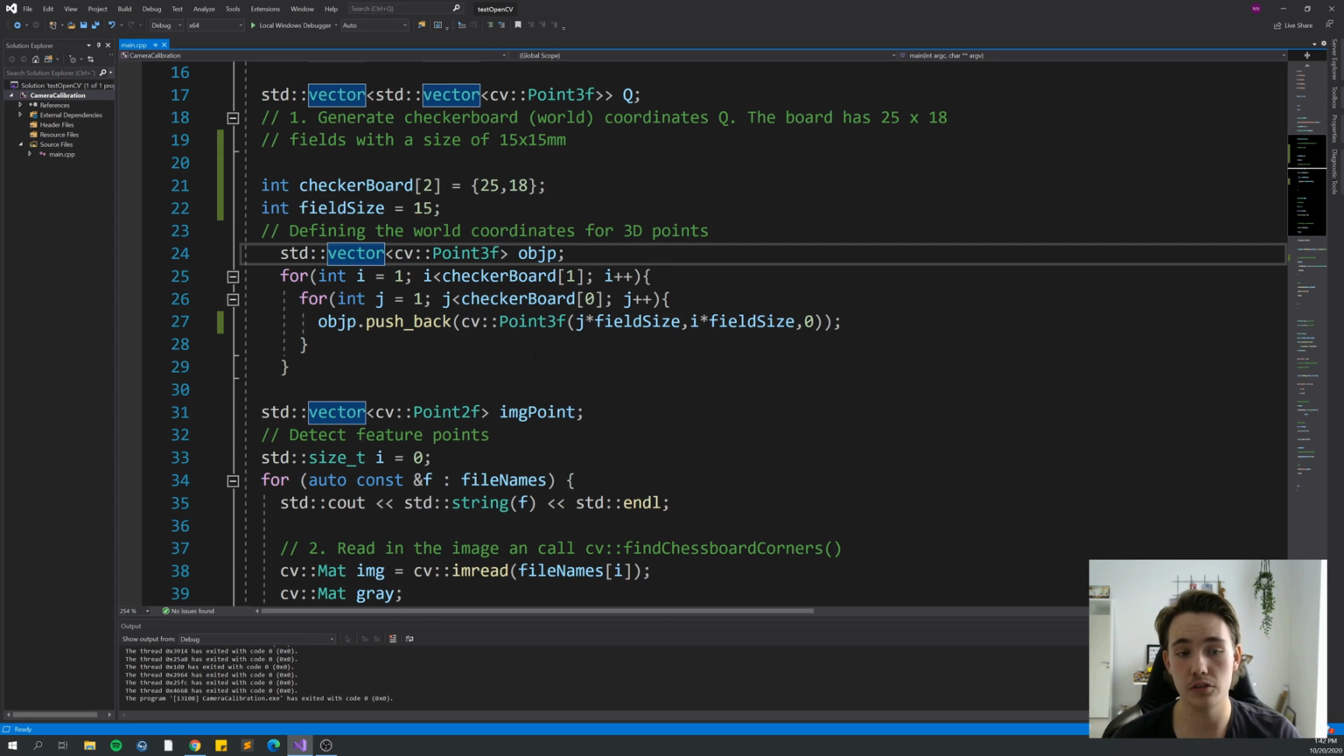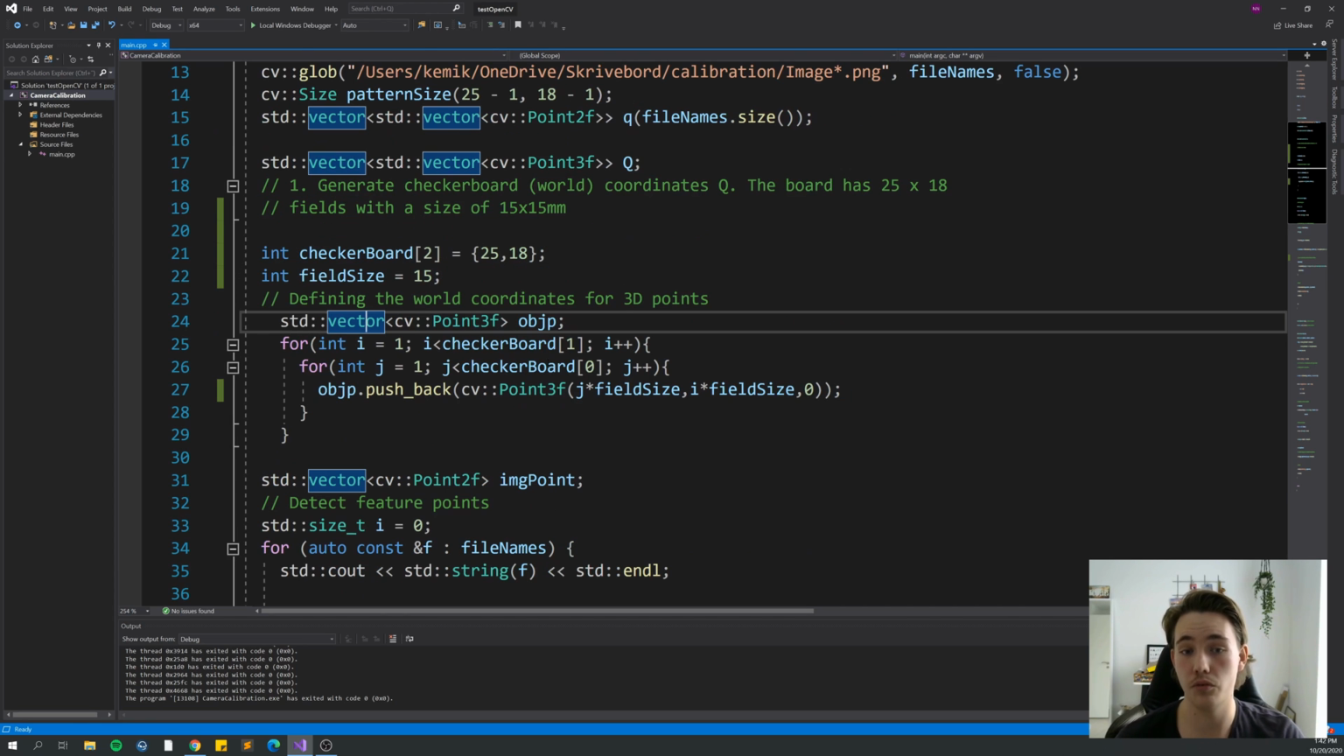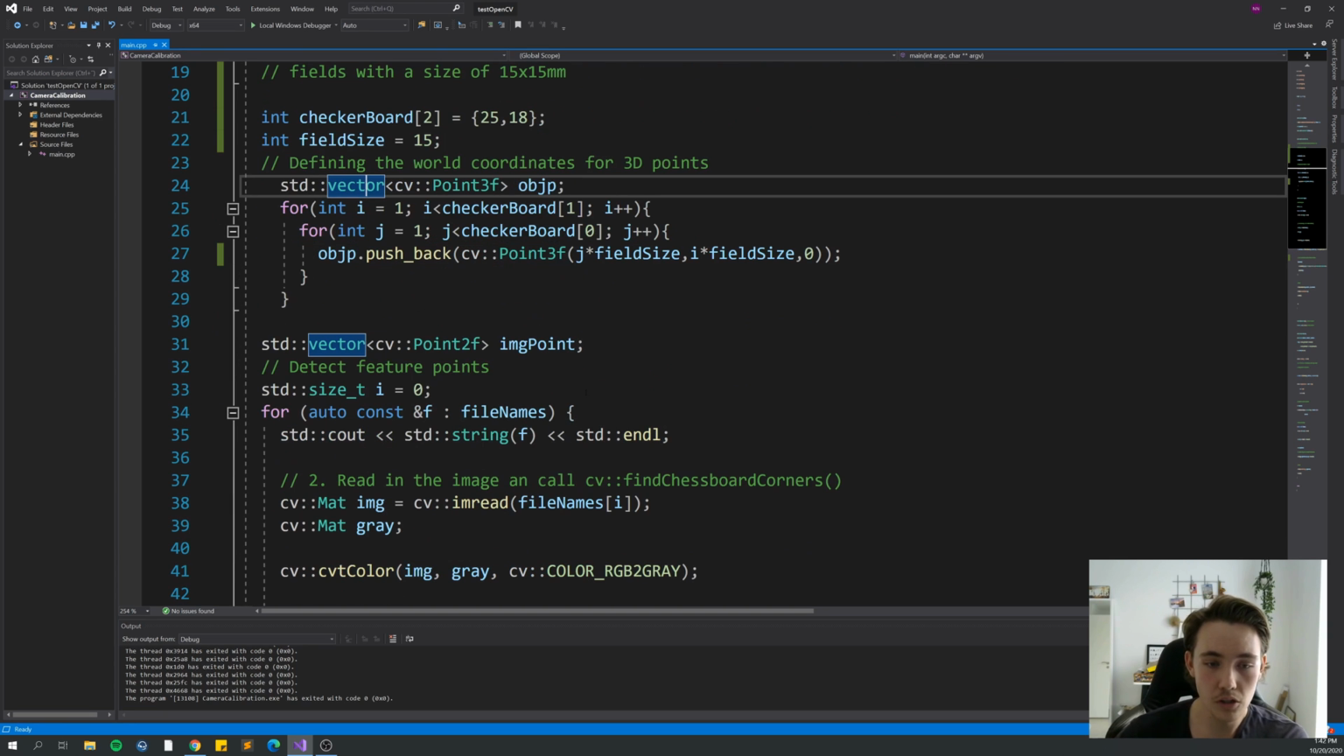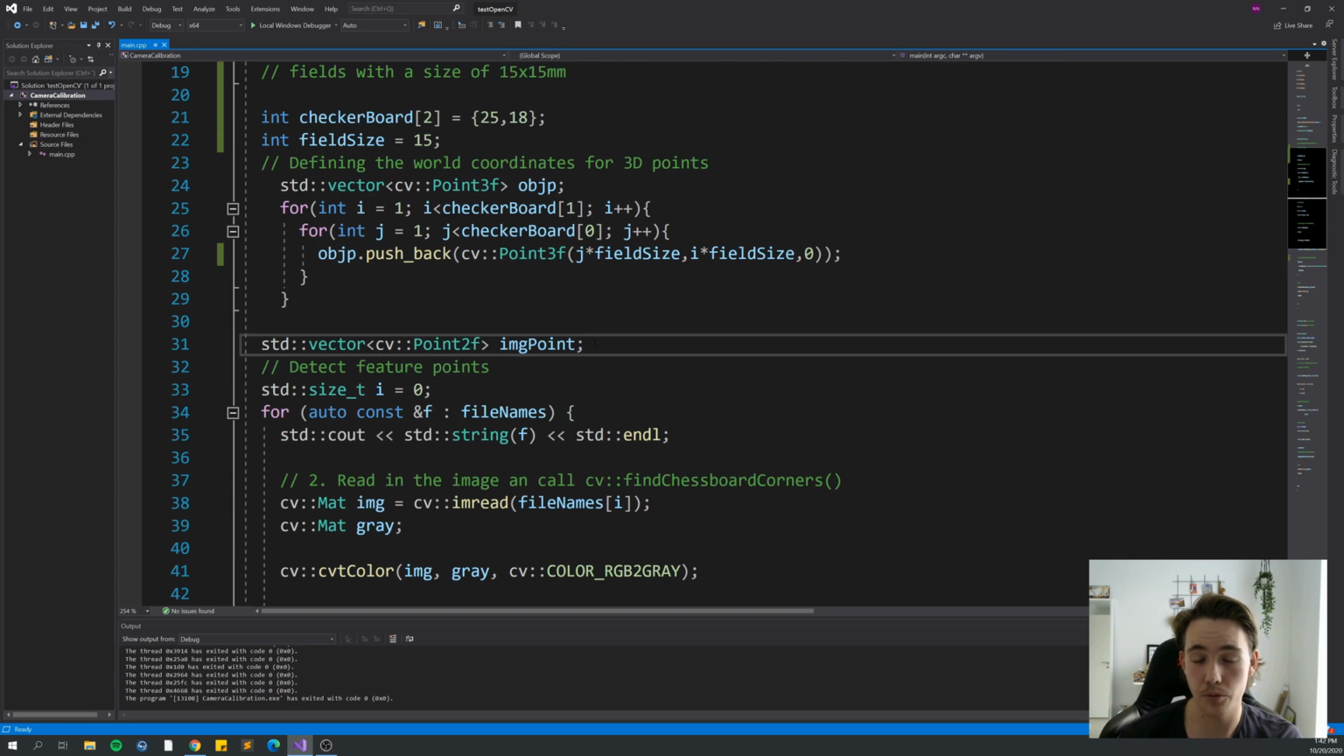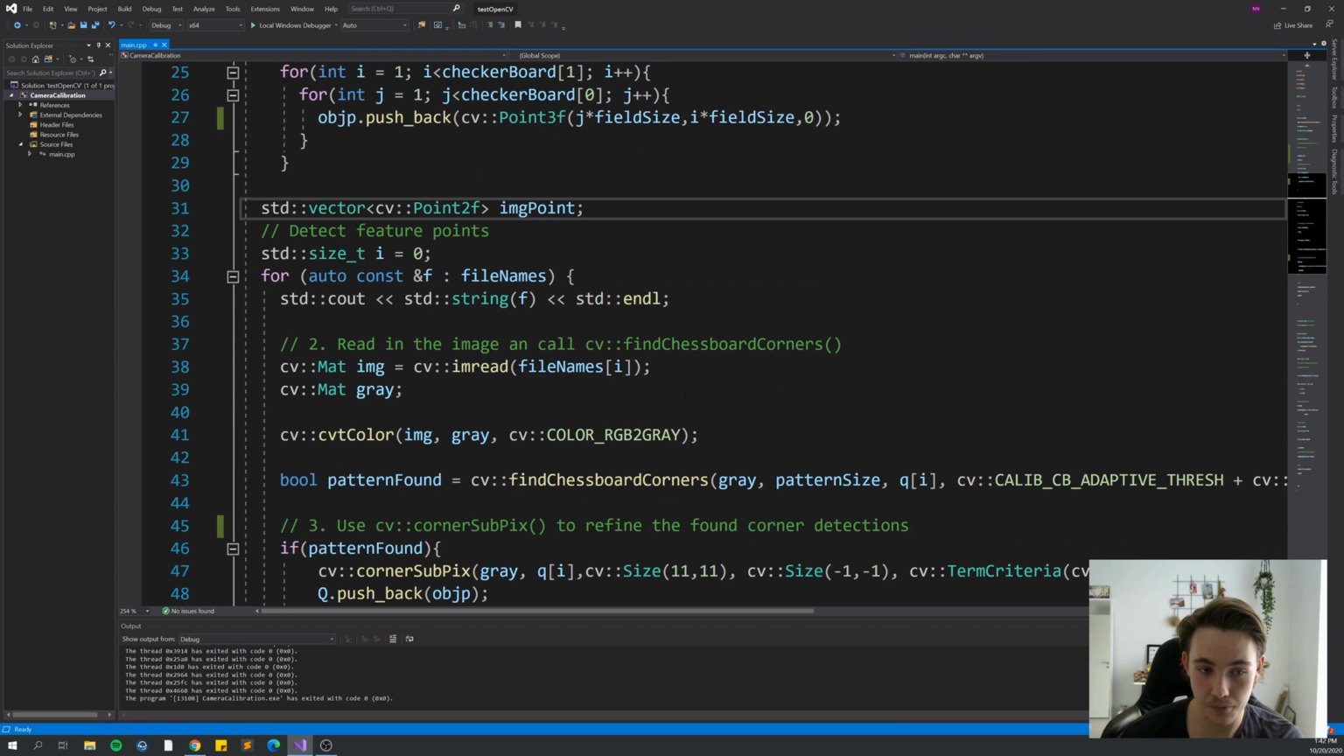So this is just to define our world coordinates for the 3D points for the given checkerboard that we have in this example here. We also need a vector with our image points that we're going to use for calibration. And then we have this for loop here to detect the feature points in the actual